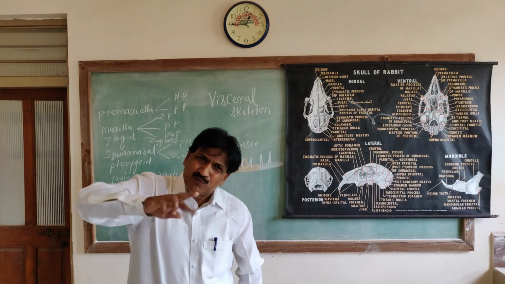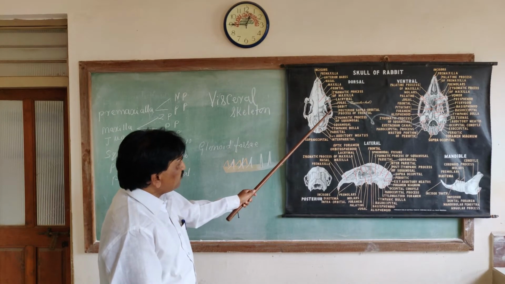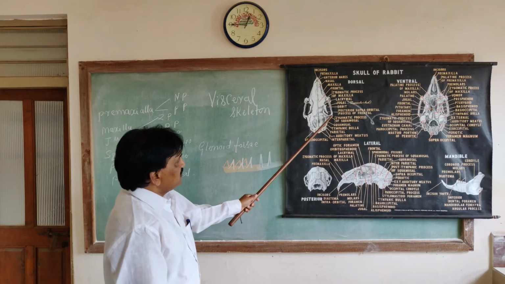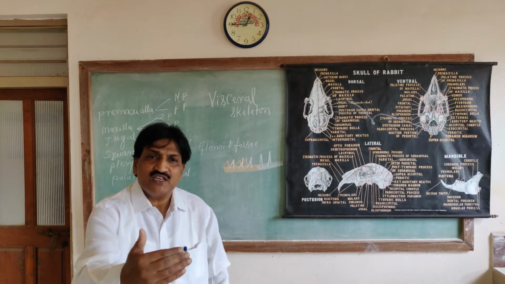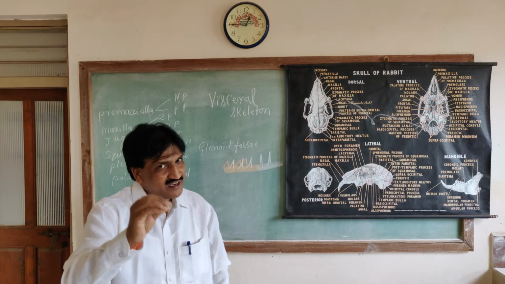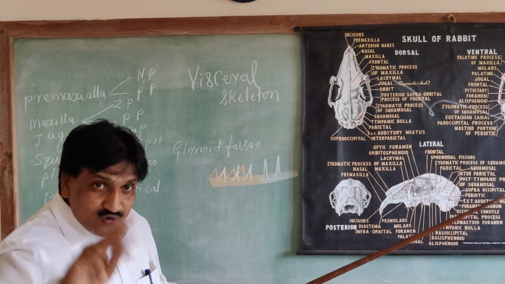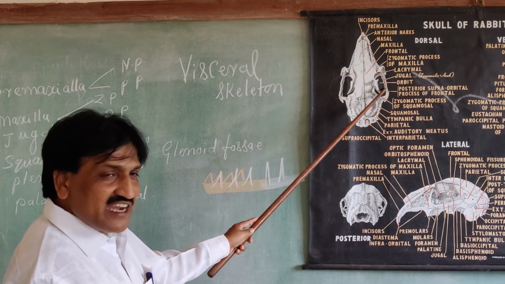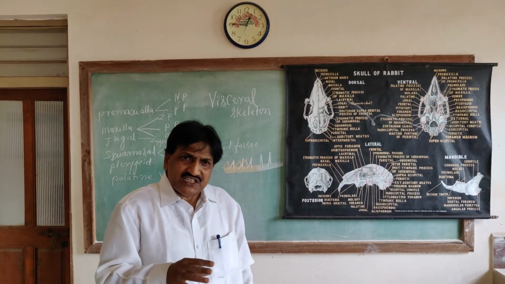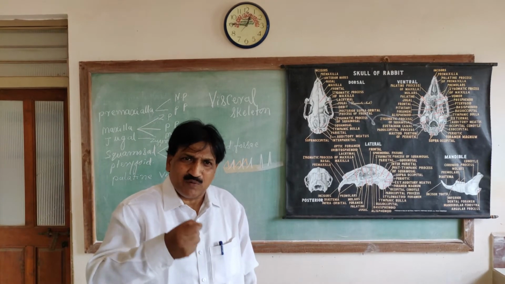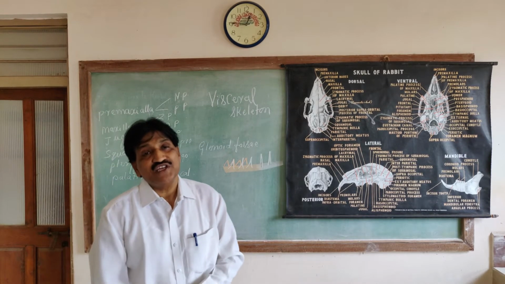It also produces two processes. On the anterior side it produces the process for the formation of the zygomatic arch, called the zygomatic process of the squamosal. Once again I will repeat, the zygomatic arch is an arch-like structure contributed by three bones: on the anterior side the maxilla, in the middle the jugal, and on the posterior side the squamosal. The next one is the tympanic process, which is derived from the squamosal.